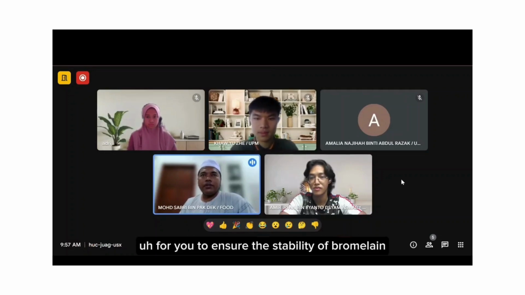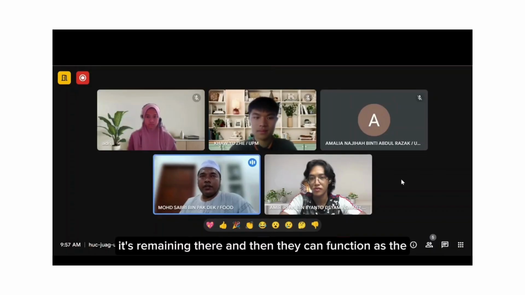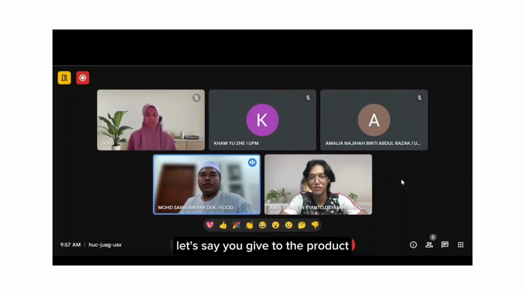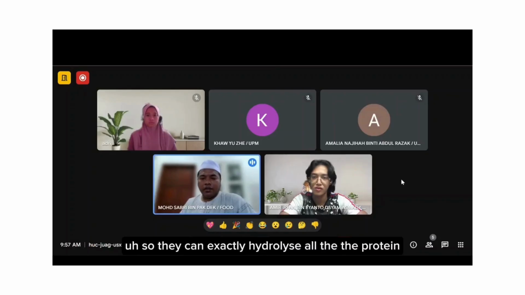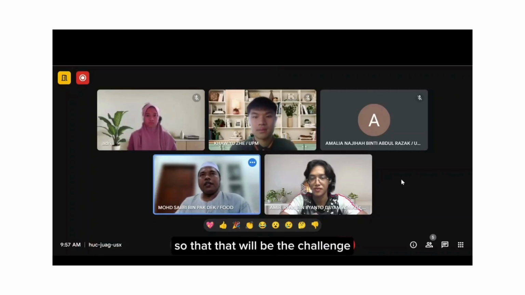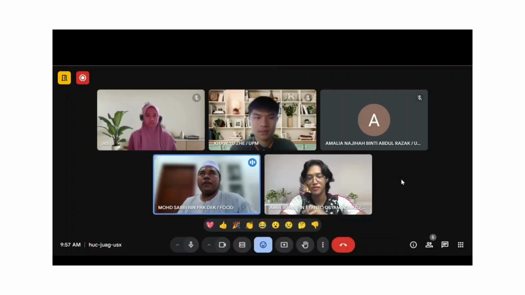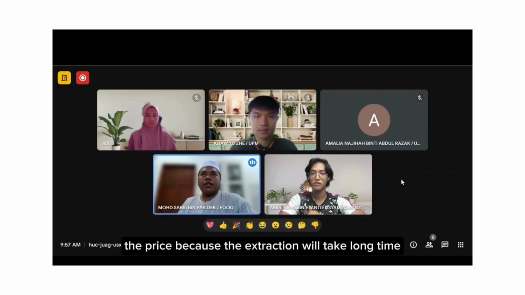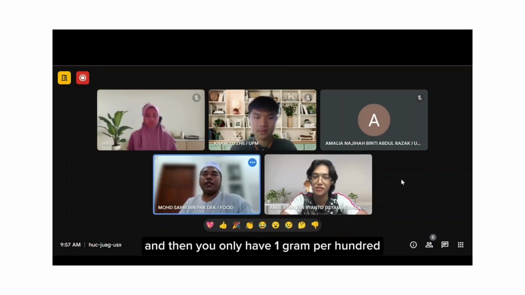For you to ensure the stability of bromelain when you extract it out from the tissue, it remains there, and then they can function as the enzyme whenever required, let's say, you give to the product, so they can exactly hydrolyze all the protein. So that will be the challenge. Second challenge, I think, the price, because the extraction will take a long time,